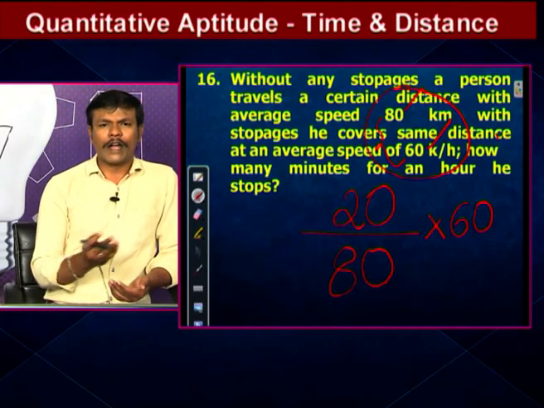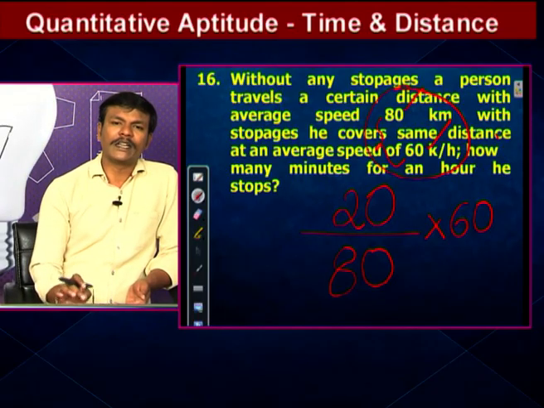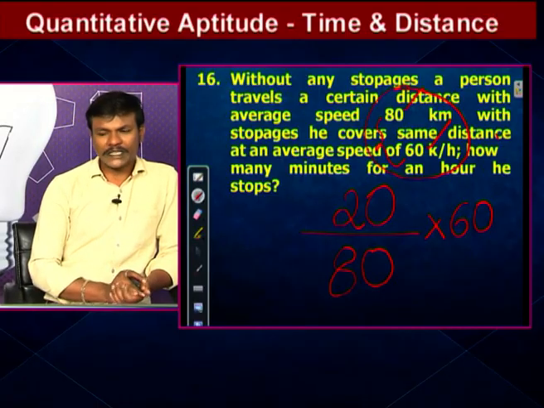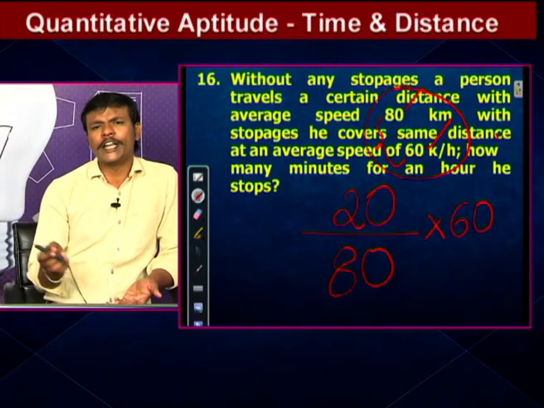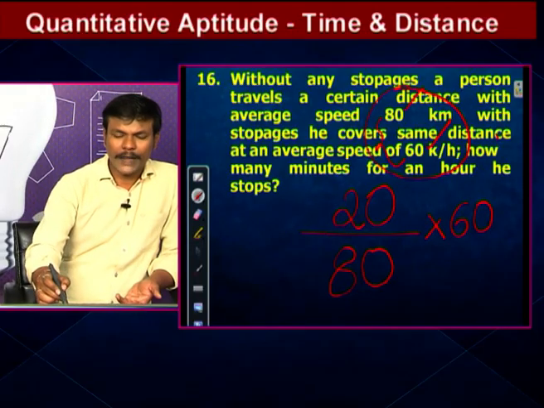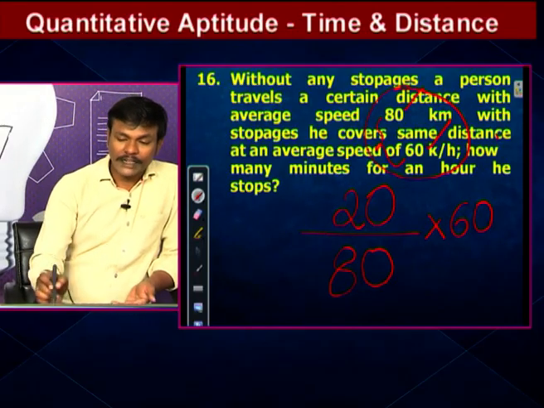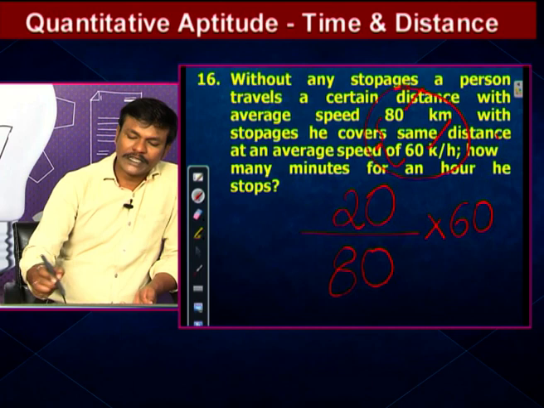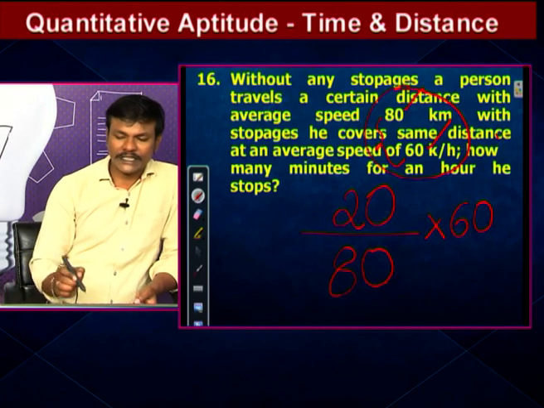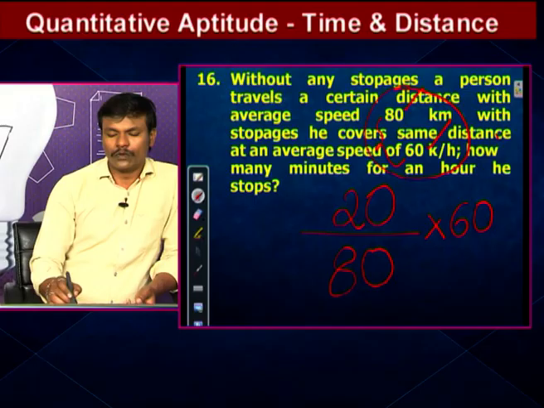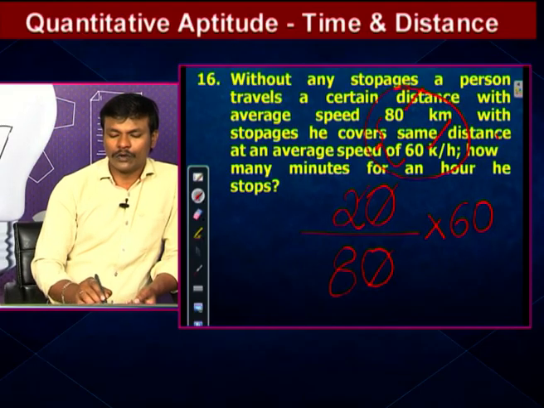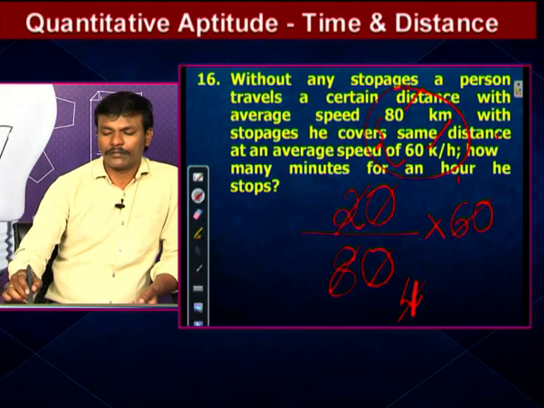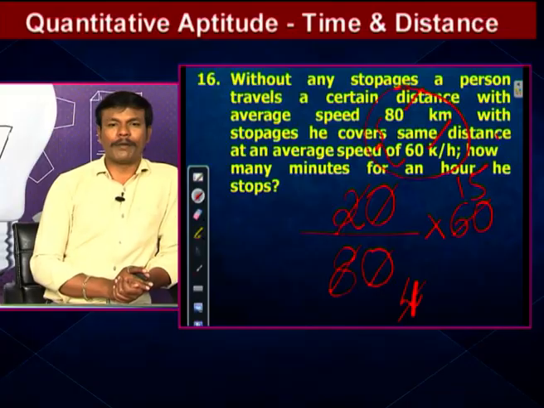That is simple. So, you have to find out, of the 80 kilometers without stoppages time, how many kilometers he could be stopped? 20 kilometers in 60 minutes of time. Simple. 20 by 80 into 60. Without stoppages time in the denominator, difference of the speeds in the numerator, into 60. Difference of the speeds 20 by without stoppages 80 into 60. 2 0 0 cancel, 2 4s, 4 15s, direct shortcut. 15 minutes he would be stopped per hour.